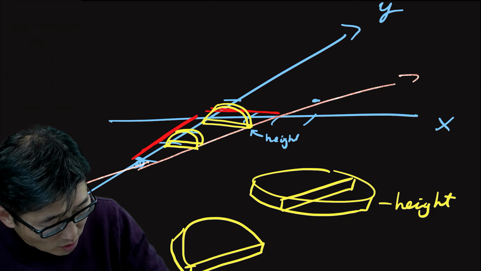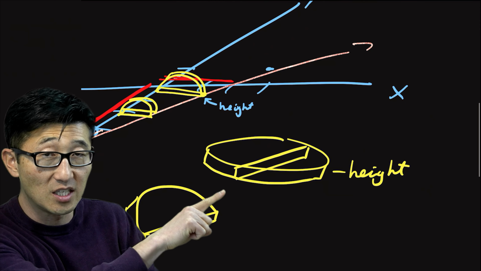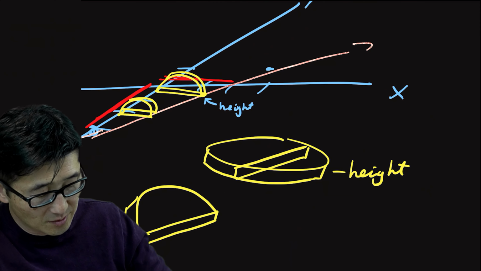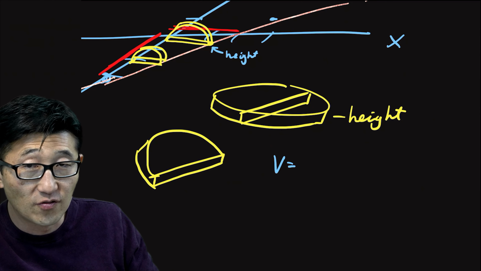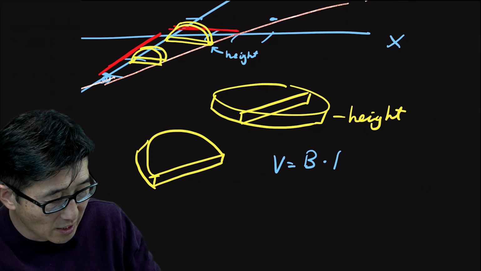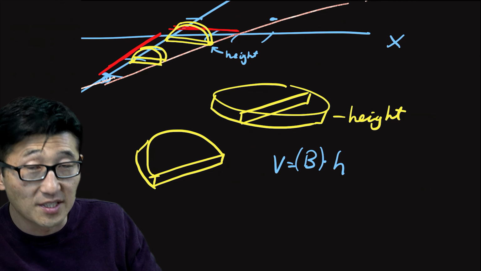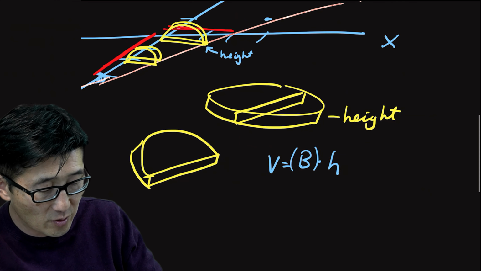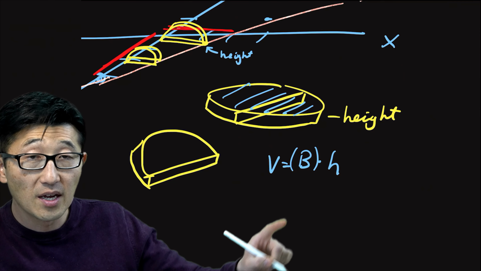Even though it's laying down on its side, we need to think of it as this figure. The volume of any prism is very simple. It's capital B times H. The capital letter B represents the area of the base, which is basically a flat circle, in this case pi r squared. And height is